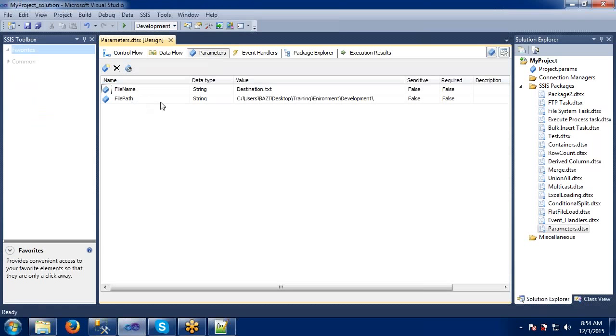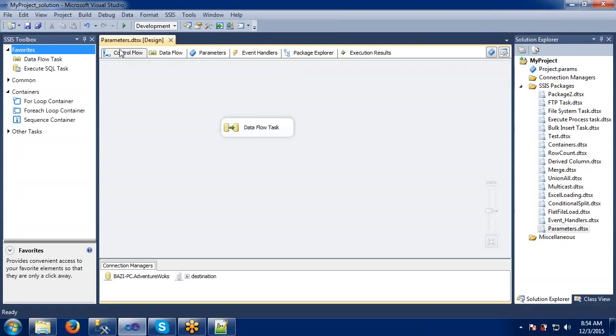Okay, fine. So we have discussed the package level parameters, right? If you remember, just now we have seen all the parameters within the scope of the package level. So we have one more thing, which is at the project level, right? If we define anything at the project level, it will automatically be used in all the packages. I think it will be very good if you try it from your side.